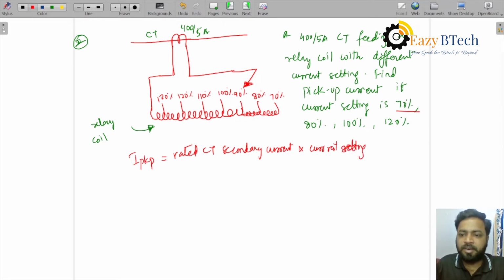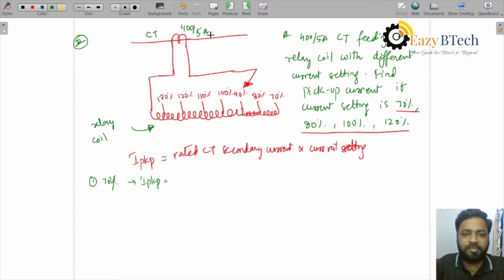So the given value, they asked us to find out the pickup current for these current settings only. Let us suppose the current setting is, first case, 70%. In this case, I pickup will be rated CT secondary current. So CT is a 400 by 5 ampere CT. So the secondary current